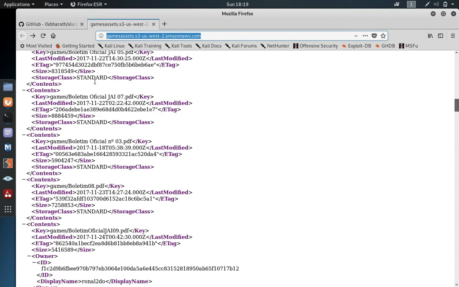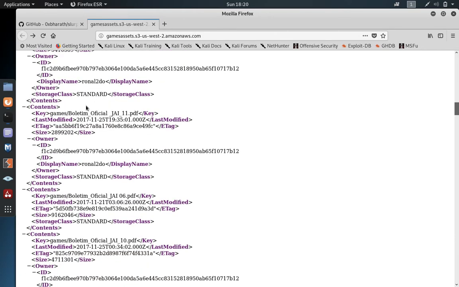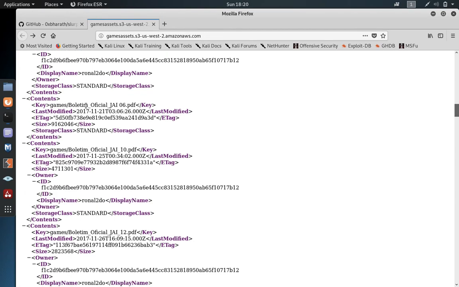Basically every key is considered an object. An object may be a video, files, an image or anything which has a particular format, the detail of when it was modified, its size, and an ID to access it, and a lot more interesting detail that you may want to access in future.